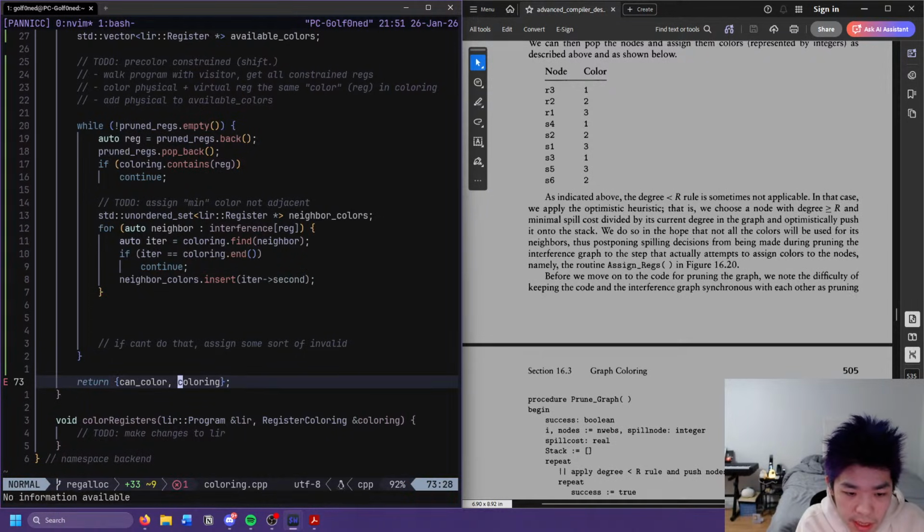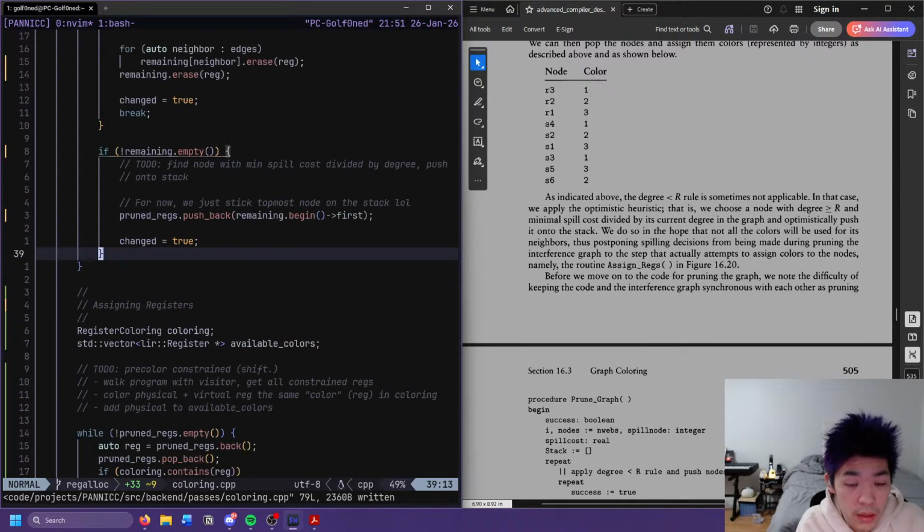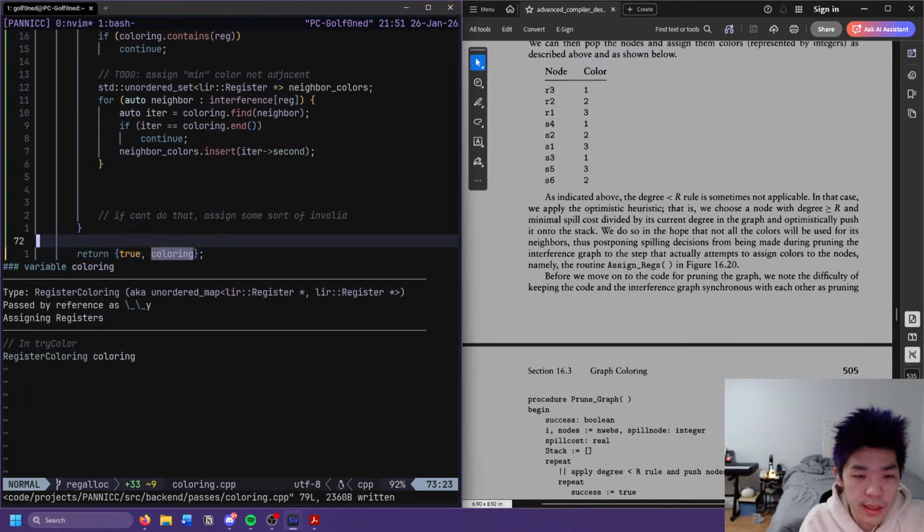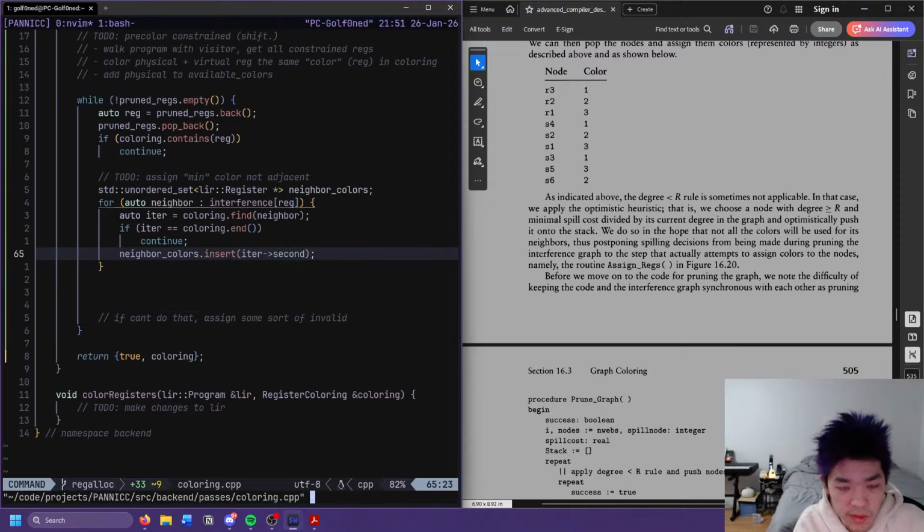What type is this? Oh lord. Let's just try that for a second. Yeah, okay, the second is the color, so that's what we care about.